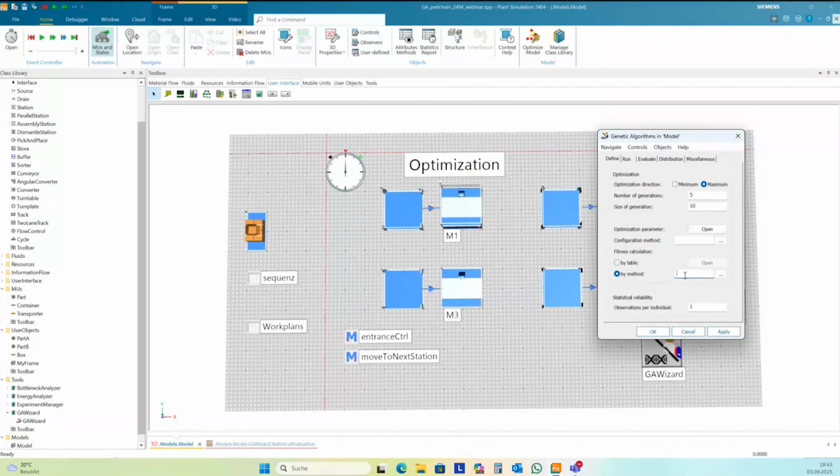You are free to do all. The only thing you need to do is return a value, and the value, minimum or maximum, should be connected to your optimization direction.